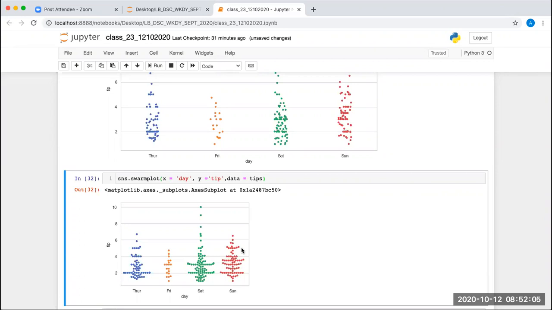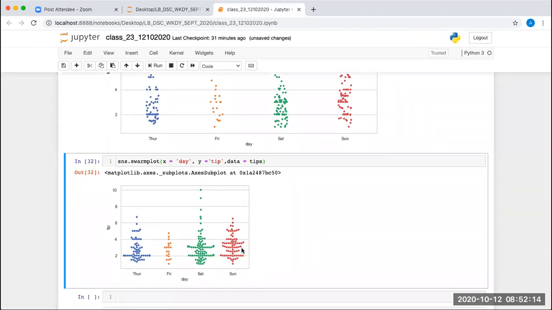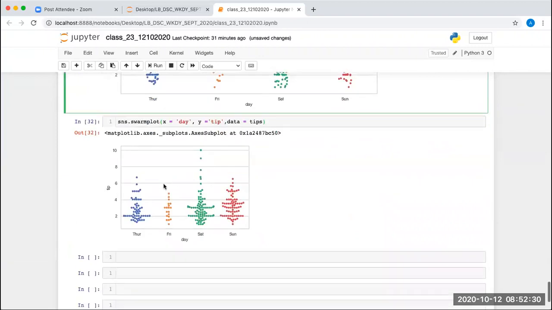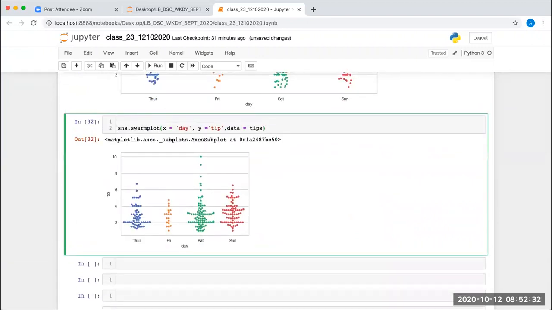Next, you can add a hue attribute. What I want to check now in this plot is, can you check how many people are there on Thursday, Friday, Saturday, Sunday?